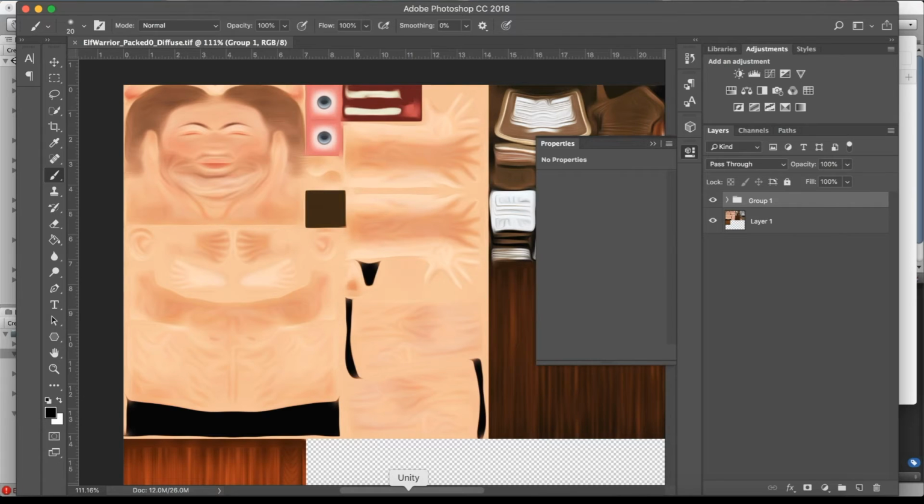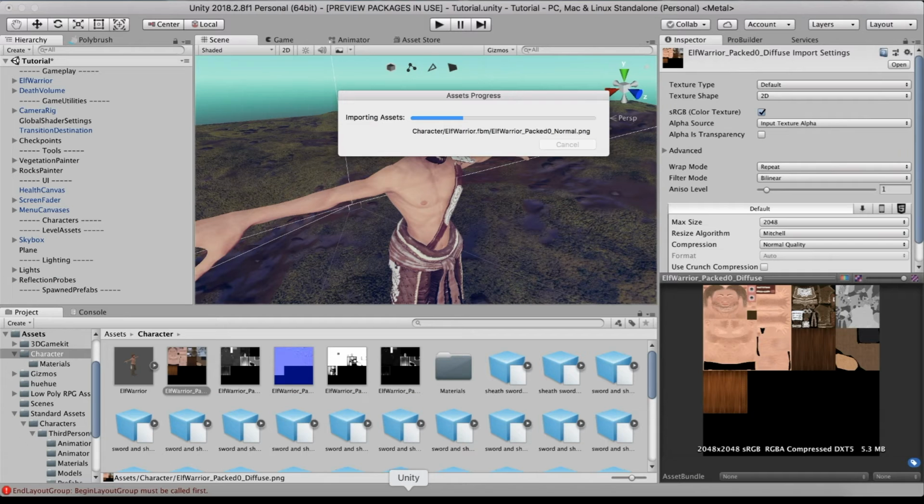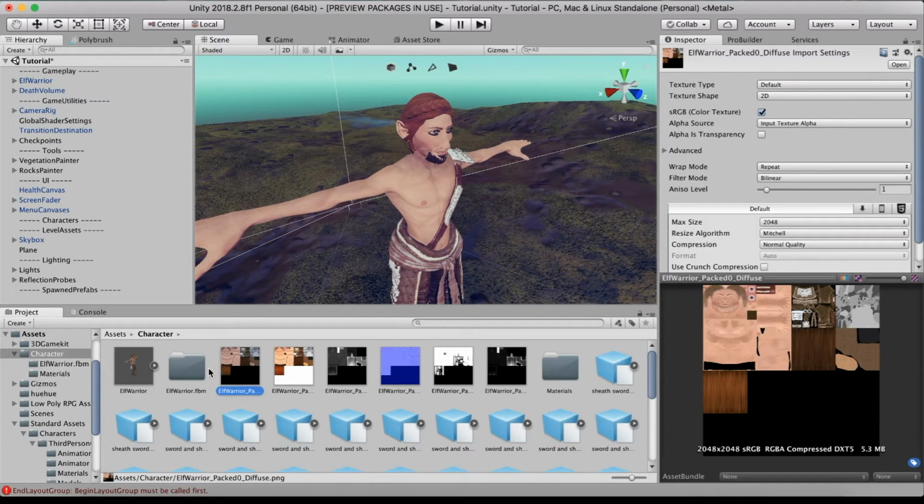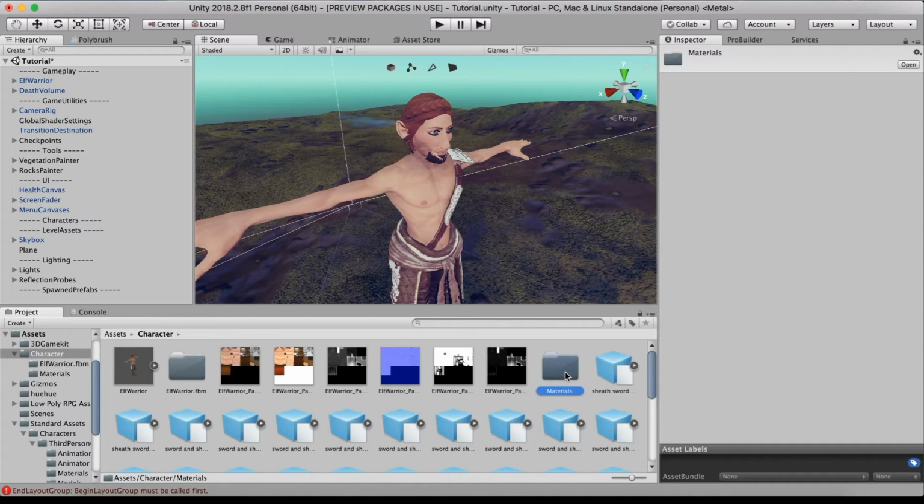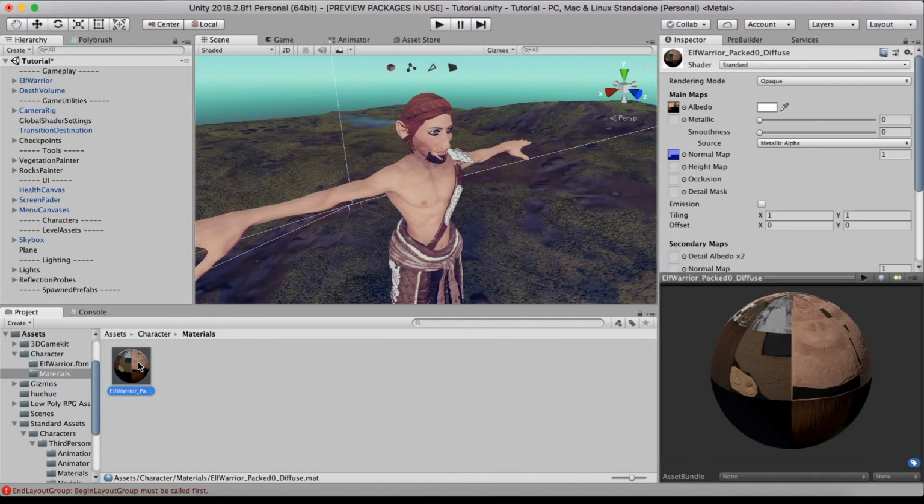Now when we jump back into Unity, it's going to import some of these extra assets that we just created. You see we have two diffuse layers now. One of them is black, one of them is white. The white one is the TIFF. So if you open up the materials folder and open up that material,